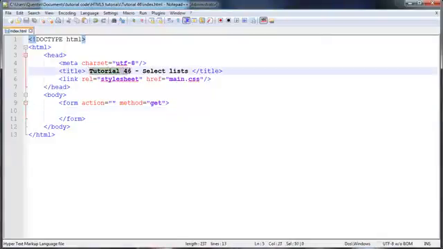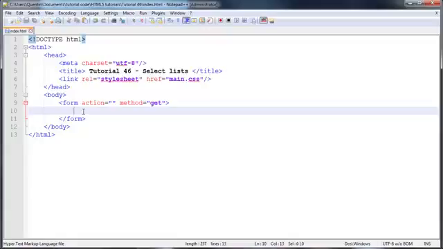It's Quinton here, and this is tutorial number 46, and in this tutorial we're going to be taking a look at select lists. You guys might know them as drop-down lists, but whatever they're called, they're the same thing. So let's go ahead now and actually add a select list onto our page, and the way we're